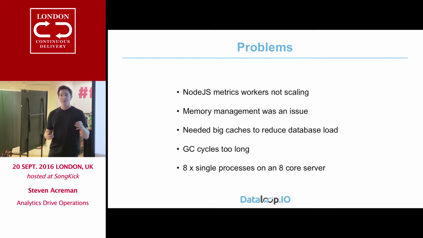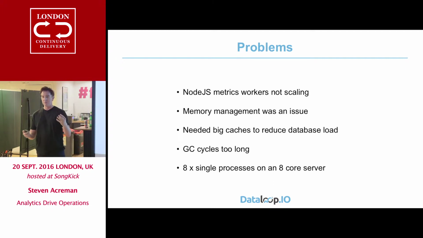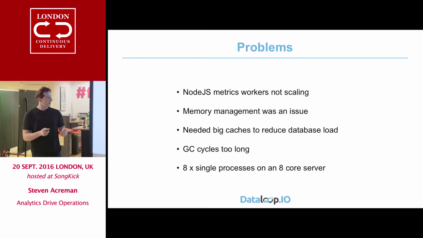And it's not great when you're trying to take a load of metrics off of a queue, put it into memory, and use some of that memory as a temporary cache for rolling them all up together. You end up trying to manage, in a 32 gig box, 8 gigs of memory across 8 processes. It's a bit of a waste, and then they're all dying all the time in garbage collection. Bit rubbish. So yeah, it's kind of like an infinite YOLO loop. They go round and round in this event thing, and who knows where it stops. So yeah, we needed the big caches. Garbage collection times were just killing us.